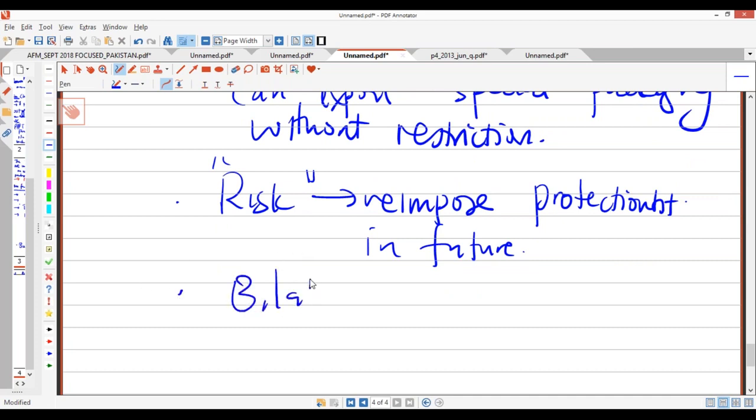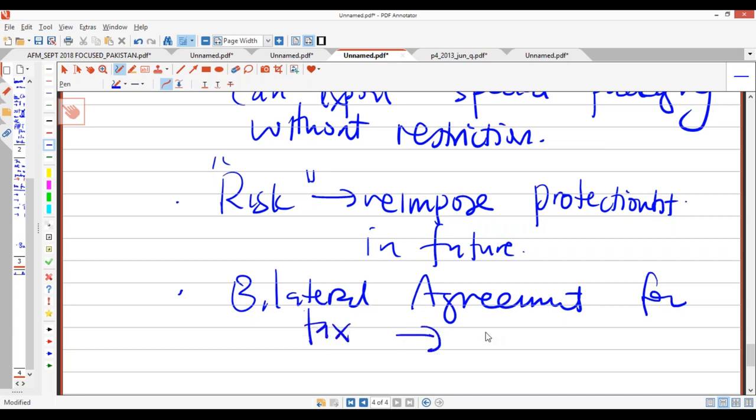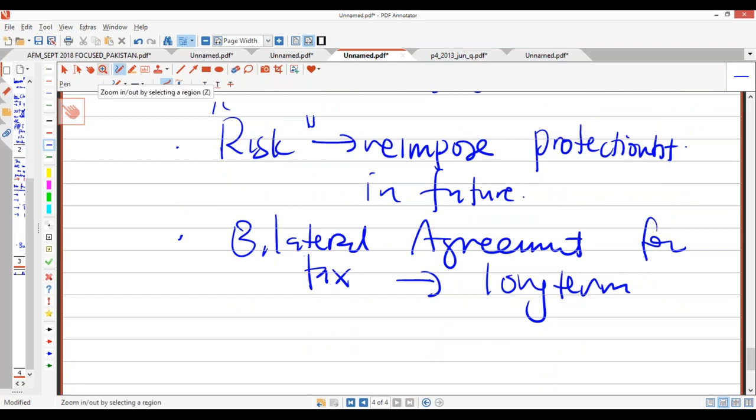Another risk is the bilateral agreement for tax, which must be long-term and continuing, or else your tax bill will go up, because when you come back, you're going to pay tax. If there's a political problem, you pay 25% there, and when you come back you don't need to pay, because there's an agreement. If there's no agreement, you come back and pay another 20%, total 45%. You're working for both governments. So make sure there's always an agreement and they don't go into fighting or war, either trade war or physical war.